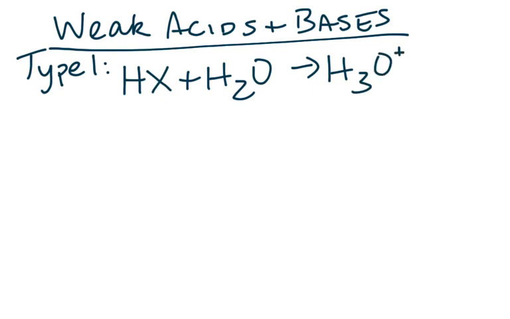Now I know HX isn't really an acid, but that just means it stands for any weak acid. So we know in the equation this is 0.5 molar. But what we don't know is the H3O plus, and we have to find that by figuring out how much of it dissociates. So you take your percentage,